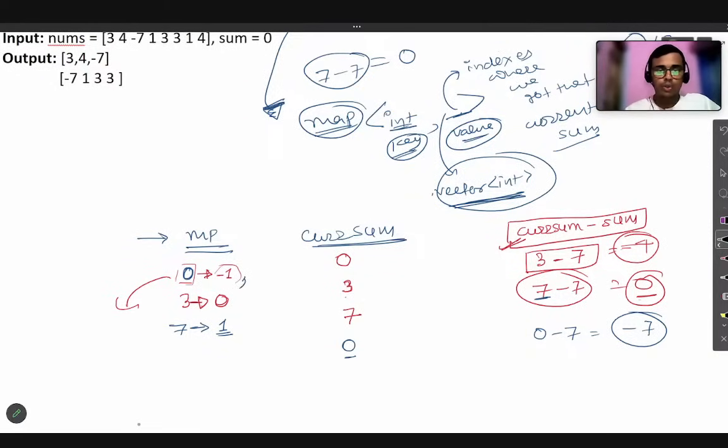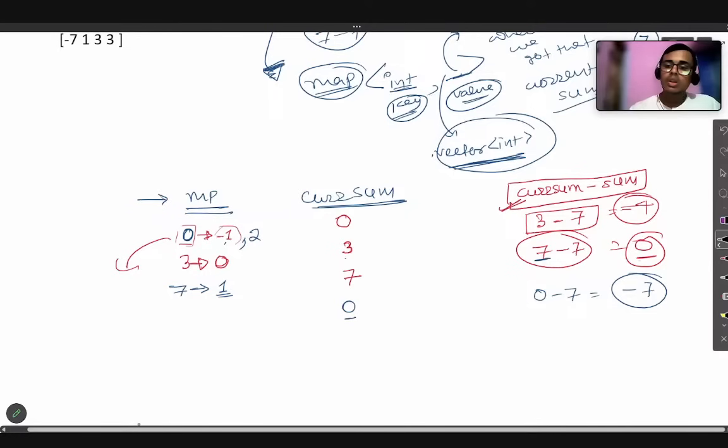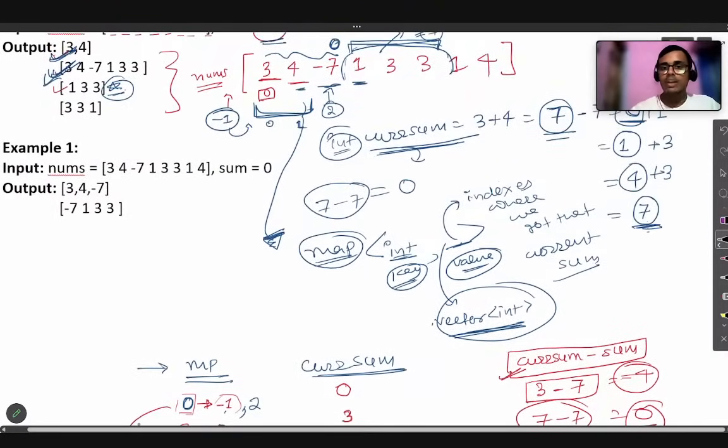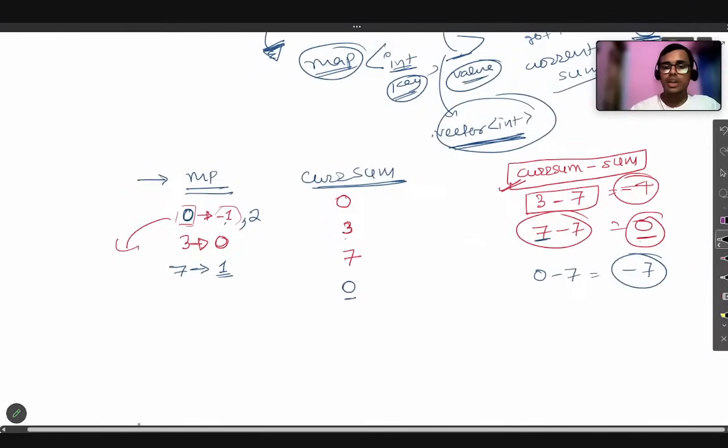So it will go down to these indices. Now the second index, so 0 will come at index minus 1, which is not present in the array. We have just started out and are at the second index itself. Now update forward. Just move forward and go to this value 1. When you move to the value 1, your current sum will become 1.